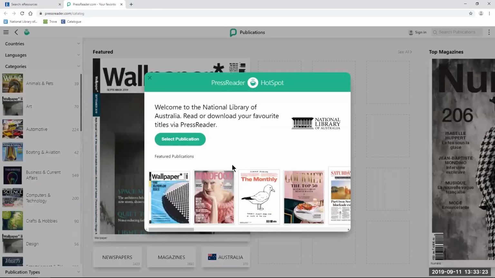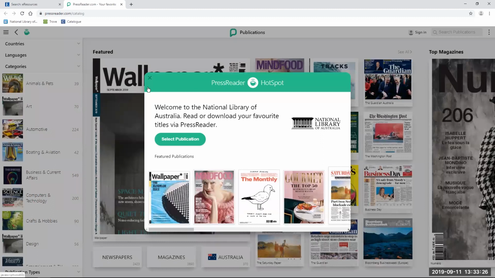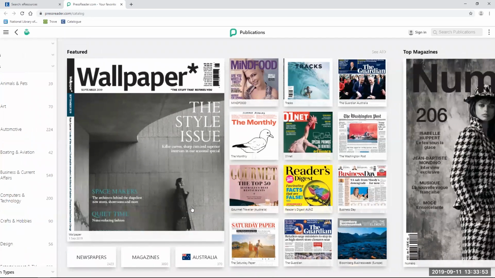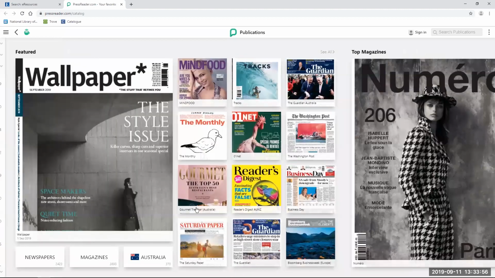If we click through, we then get taken straight into the database. And here we can see the different magazines and newspapers. So with the other two databases, Factiva in particular, you're really only searching for the text of the newspapers. The Sydney Morning Herald one, you do see the digitised images of the newspaper like in Trove. But I've chosen Press Reader in part because we get these full colour pages that we can explore. So if you were wanting to keep up to date with news and events, definitely recommend this one.